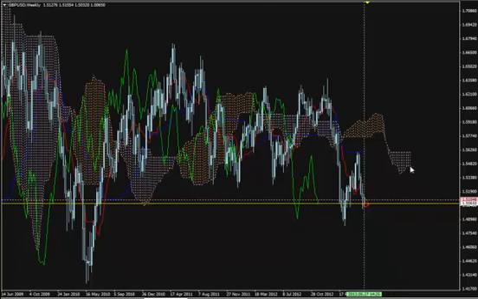Okay, so Chiku span goes down on the weekly chart, straight down. Price goes down. Everything is in a bearish environment, and leading Kumo is bearish, and its edge is more bearish than bullish. And on the monthly chart,